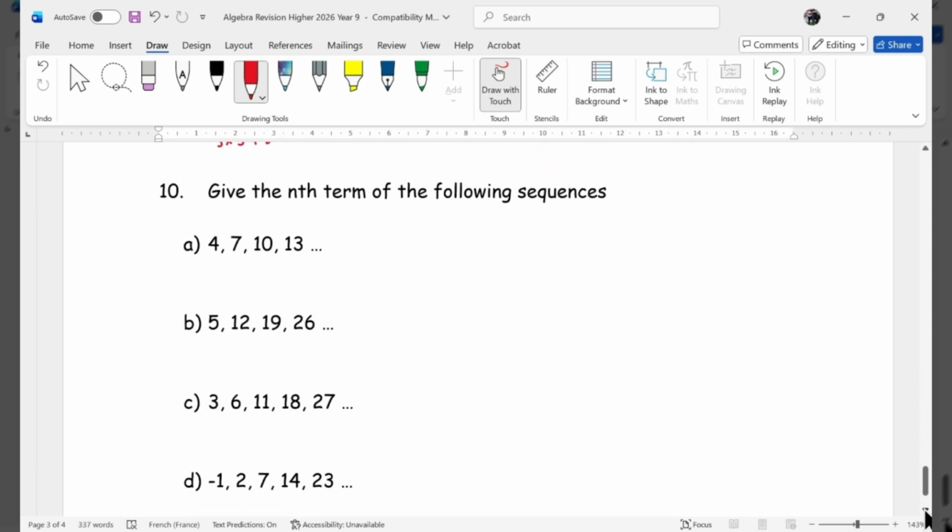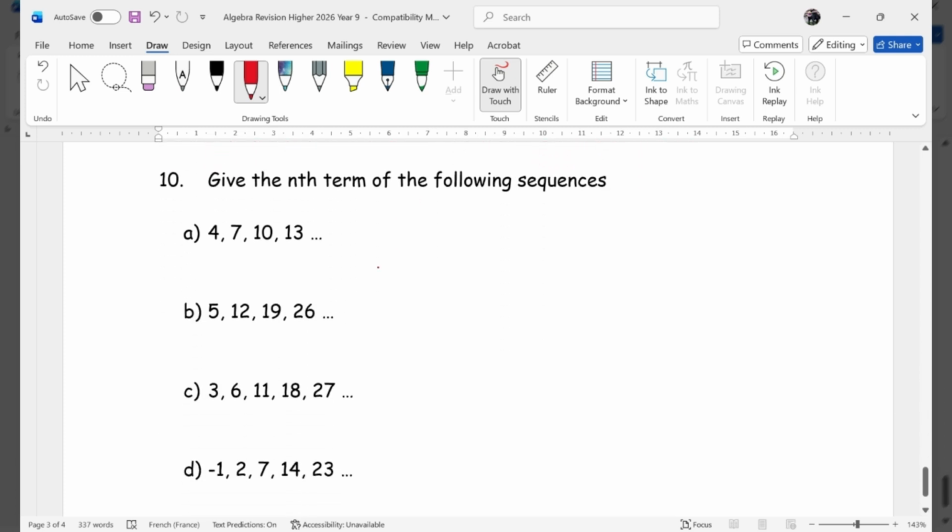Okay, and the last thing, if they're going up by common amounts, 3, 3, 3, then it's 3n, come back a number in the sequence, plus 1. This is going up 7, 7, 7. Then it's 7n, but if we come back 7 from there, we go back down to minus 2, which goes there. However, if they're going up by different amounts, 3, 5, 7, 9, which is common, same here,